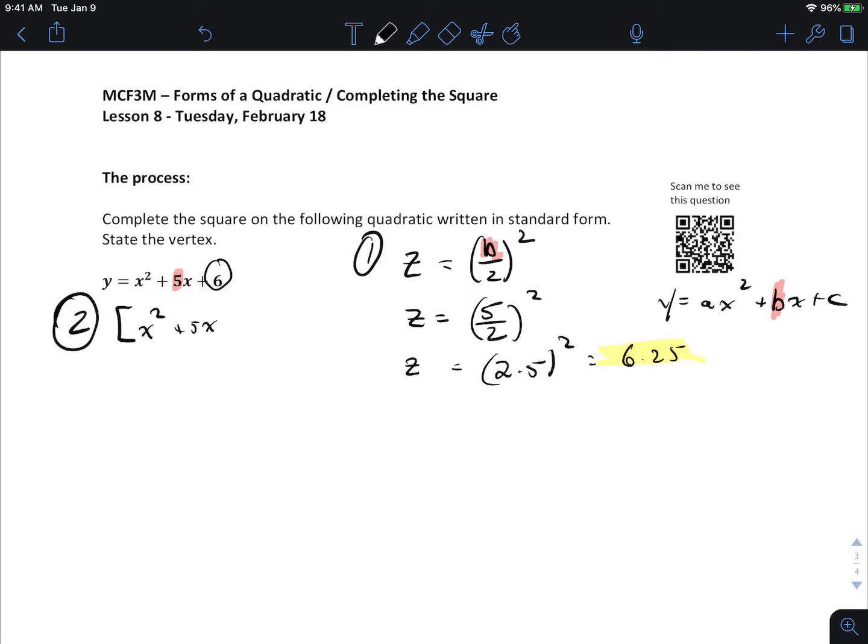And then I'm going to take my z value, so plus z minus z, close the square brackets, and then leave the plus 6 on there. So you're going to see that plus 6 carry all the way down to the very end. Okay? Why do you